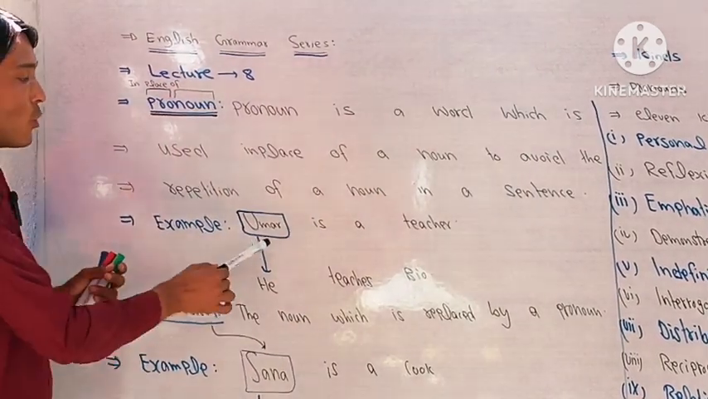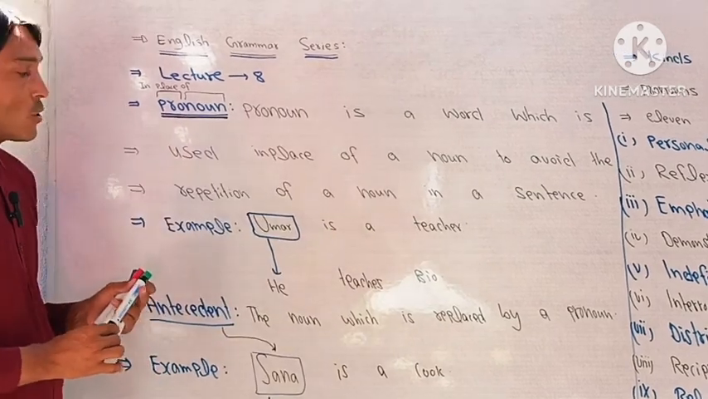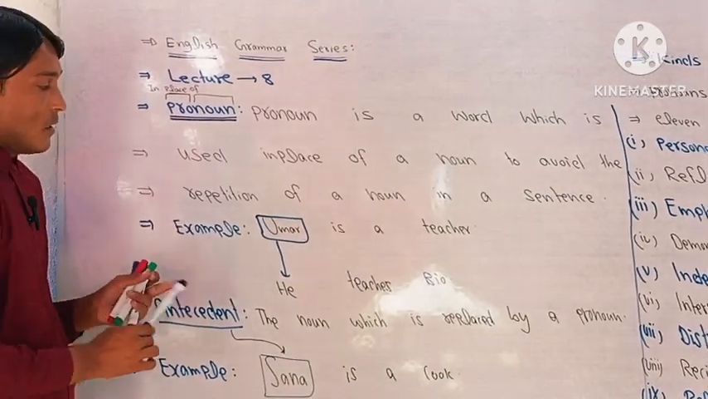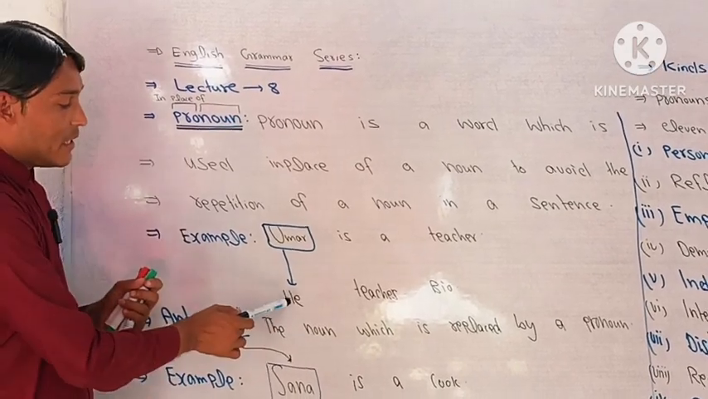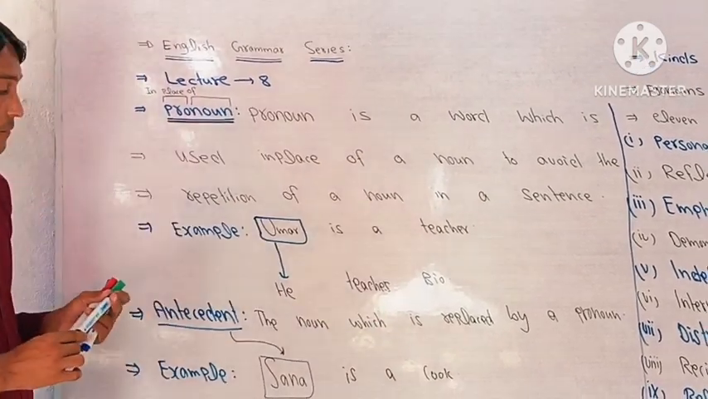For example, Omar is a teacher. Omar is a noun here. Omar is replaced by the pronoun he. So we may say that he teaches bio. Next we have